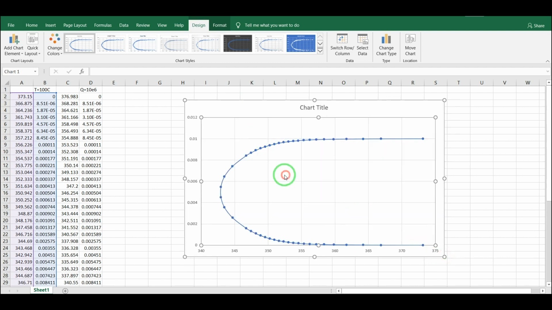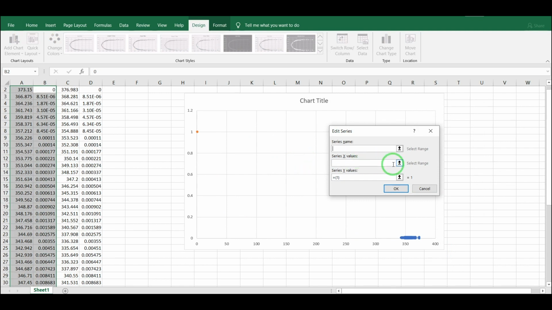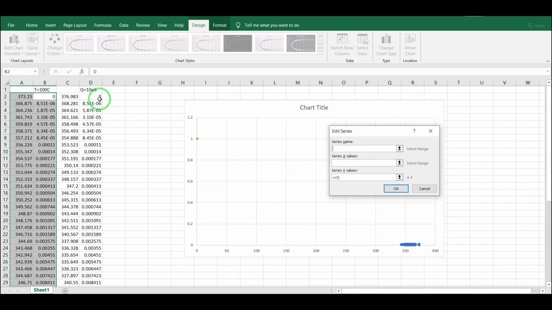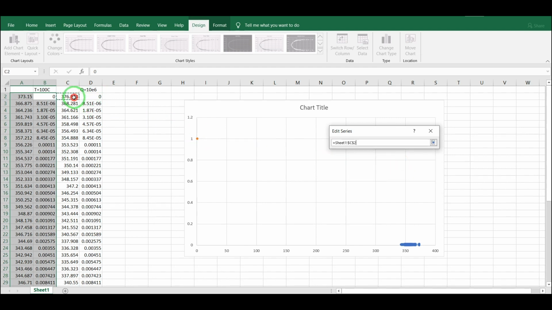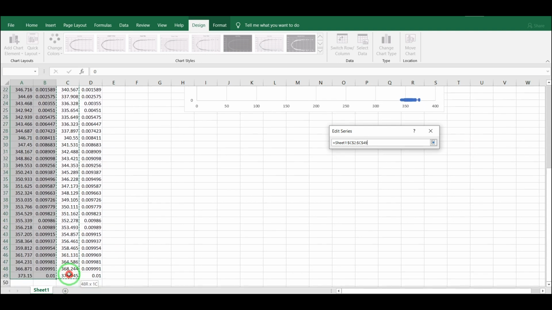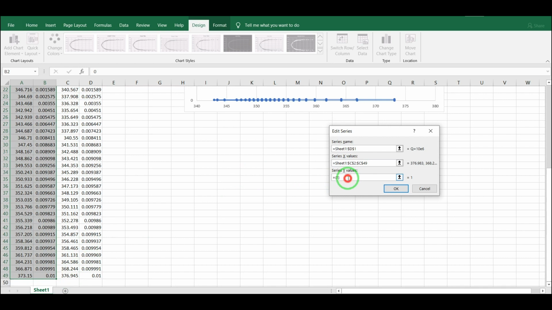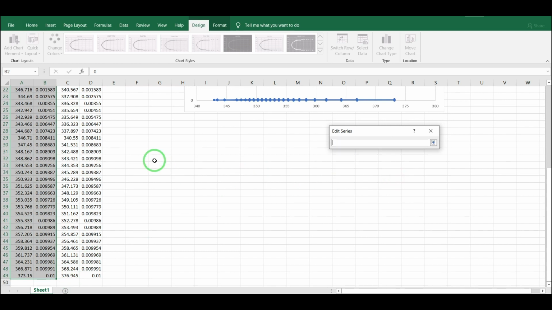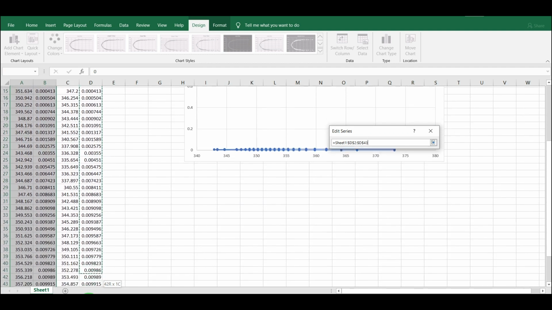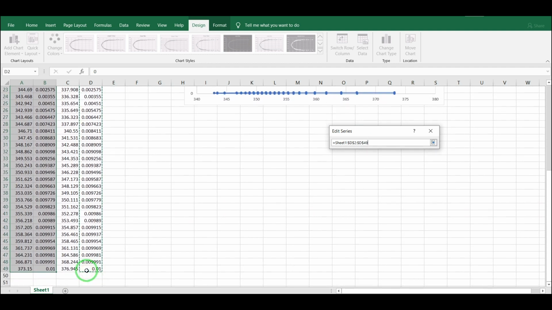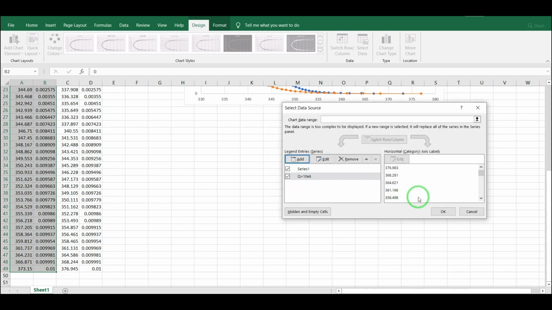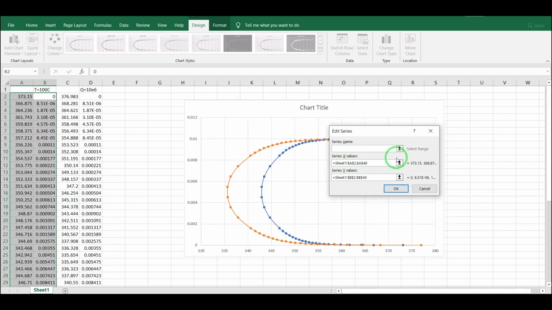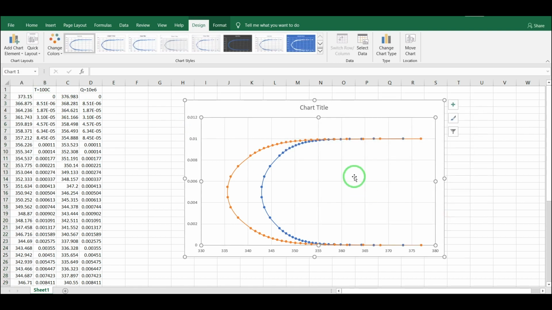Okay, and select data, add new data set. Change the name of this series to this. Okay, so as you can see,